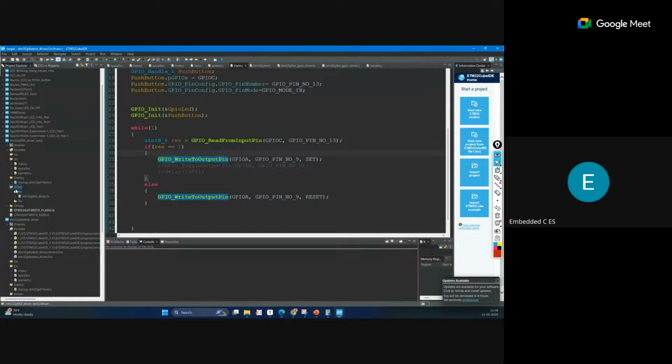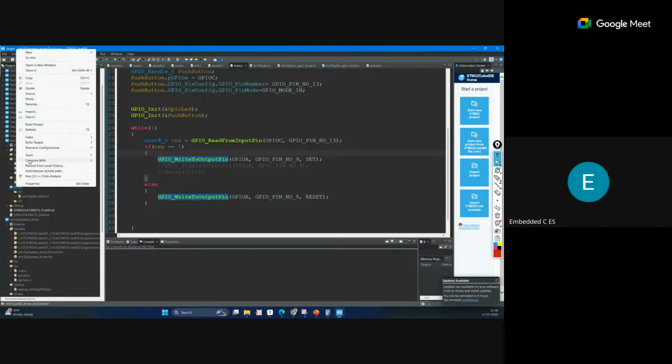Some setting is also required that I'm not able to recall, but if we want to create this type of driver, we also have to set some setting to include it in our project. Otherwise, it is excluded. There is one option, include and exclude.